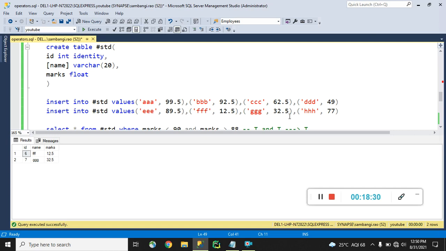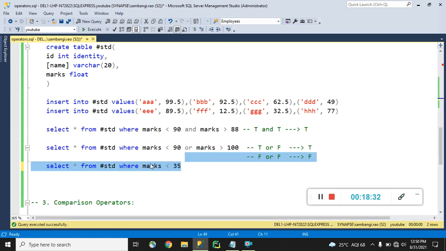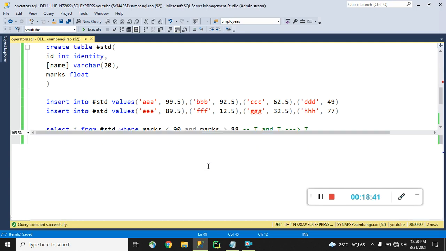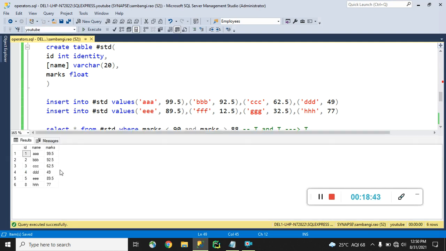So these people have failed in the exam. But I want to write a query like this here. What will happen? See here, guys. Except those two people, F and G, there are no F and G people here.